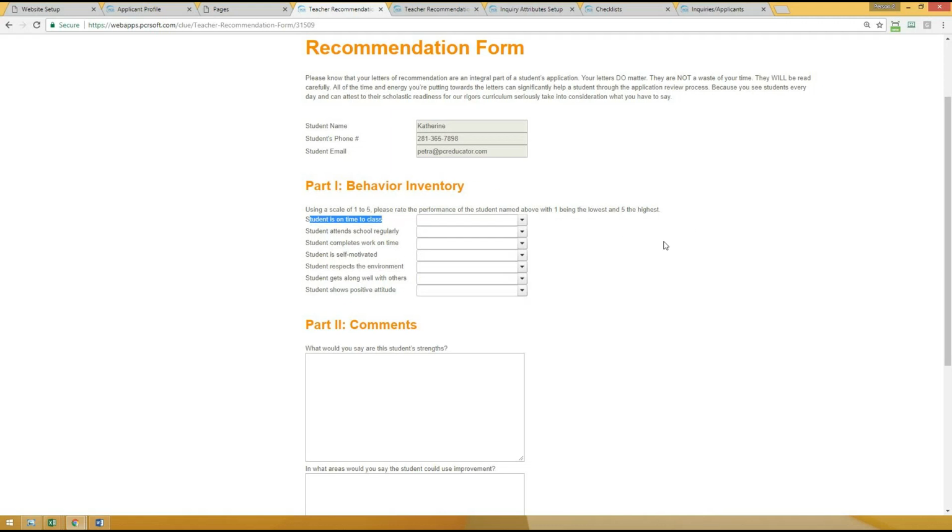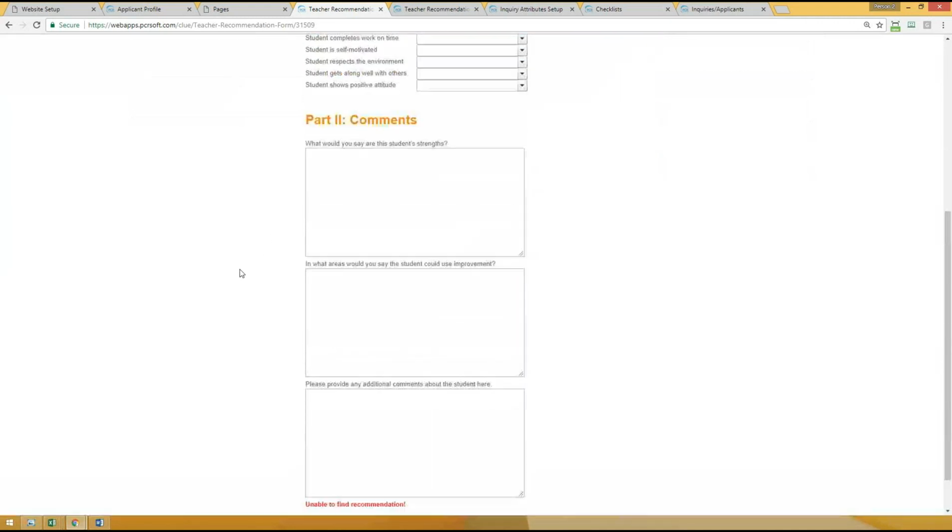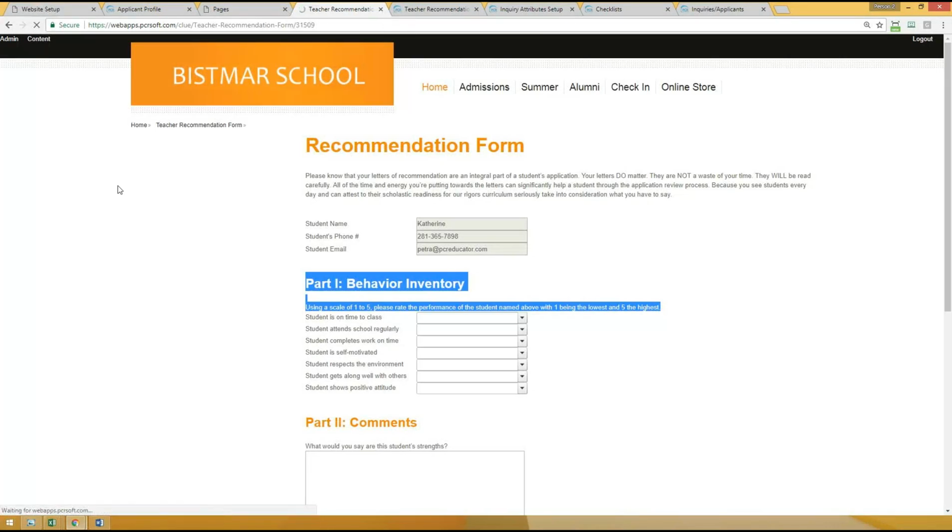So this is really important to know, how these things are connected. They come from the lookup, then they link to the inquiry action attribute. Then the inquiry action attribute gets linked to the controls that you're using. So then you would just start adding your controls to this page, whatever position they need to go to. You can start adding your text control that would have your instructions and so forth. So you would create the recommendation form page,